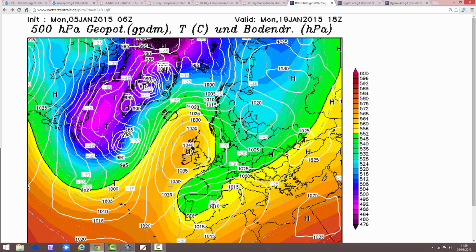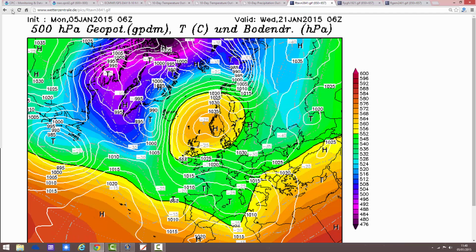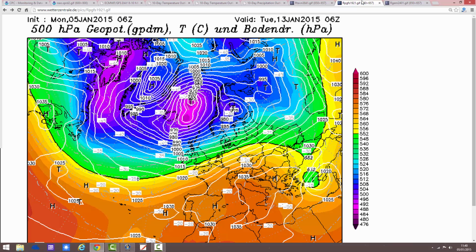It doesn't hook it up to any sort of northern blocking to the north, and that could be the problem where you've got the Arctic oscillation going negative and the North Atlantic oscillation staying positive. What tends to happen is that you finish up with a high pressure just sitting over the top of northern and western Europe, and that's what the GFS 6z run is saying today. That's cold under that area of high pressure, but it's not a proper blocked cold pattern, bringing bitterly cold air and snow in from the north. Eventually, the GFS takes that high pressure to Scandinavia and begins to pull the winds in from the east, but that's a very, very long way off and very highly speculative that the high pressure would go there.